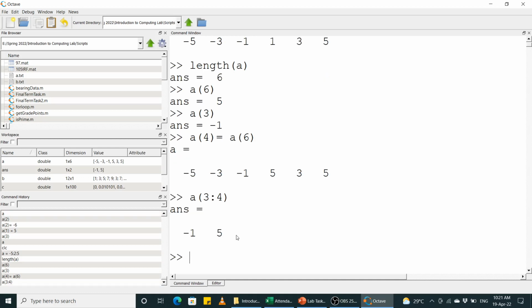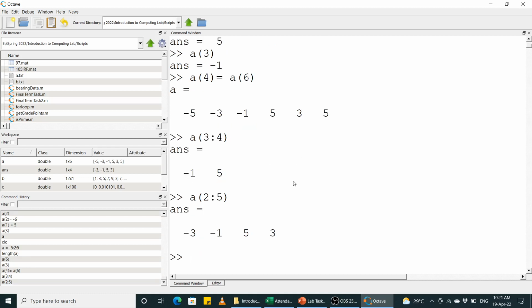सो -1 5 हमें मिल जाता है। अच्छा, हम कहते हैं कि नहीं जी, वी वांट 2 से लेके 5 तक जो एलिमेंट्स हैं, यानी -3 -1 5 3, ये पूरा चंक, ये पूरा स्लाइस हमें चाहिए। सो यू कैन गेट दिस स्लाइस एज वेल, ठीक है। -3 -5 4 3। अगर आप इसको एक्सेस कर सकते हैं, यू कैन चेंज इट एज वेल। आप इसको चेंज भी कर सकते हैं, ठीक है। फॉर एग्जाम्पल ये 3 to 4, इसको हम चेंज भी कर सकते हैं। सो हम कह सकते हैं इसको 0 0 कर दो,